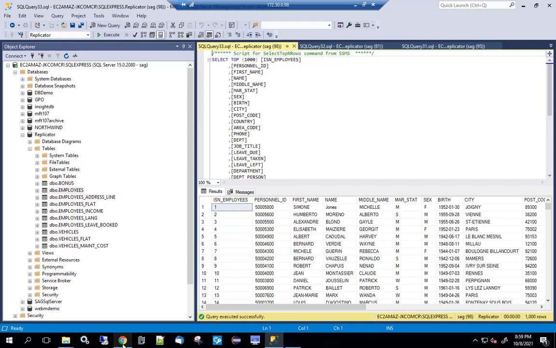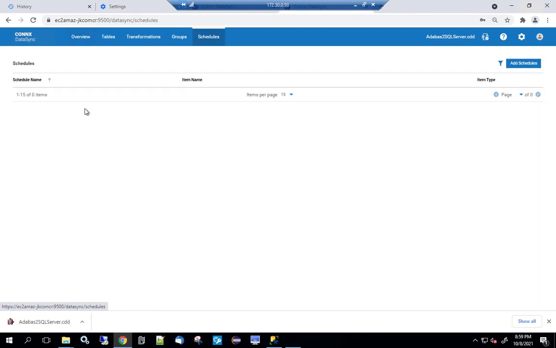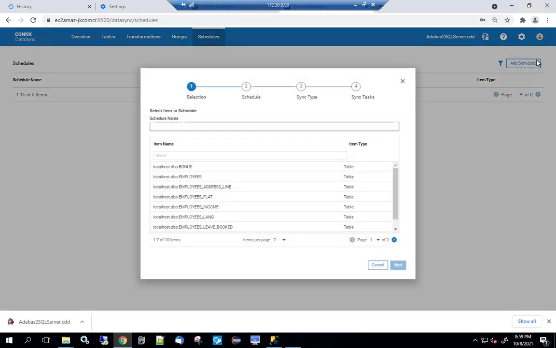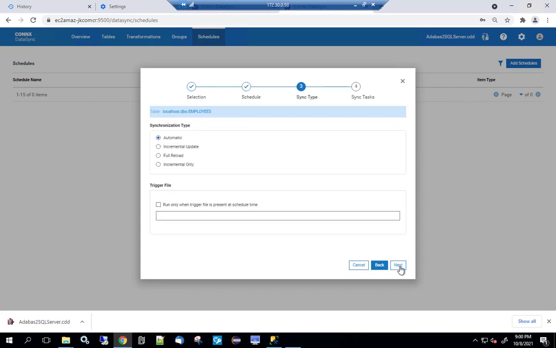Now, what we're going to do in our next video, we're going to talk about setting up transformations, defining groups and schedules. So the schedule will allow you to set it up for near real time. So if I just go employees and I select one table just for now, and this sets up my frequency. I want it done either daily, weekly, monthly, how often. So if we set it up for every minute starting from today and hit next,